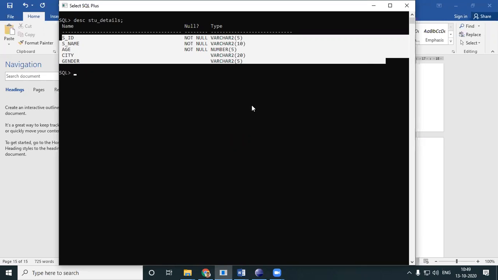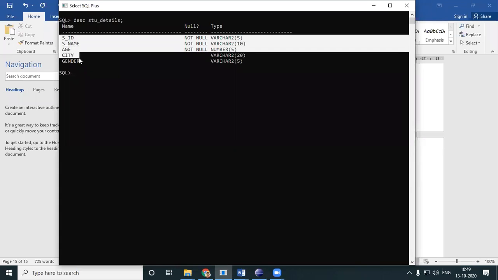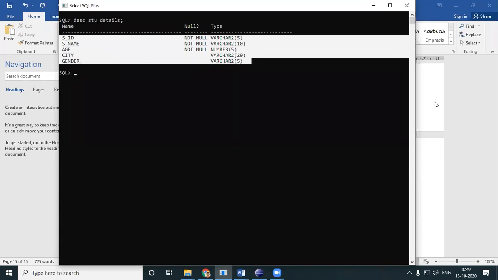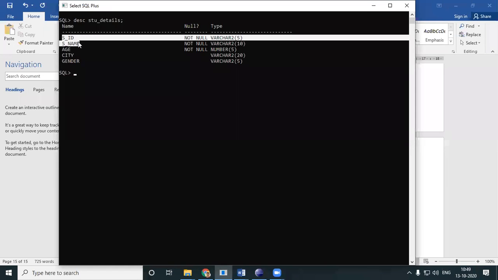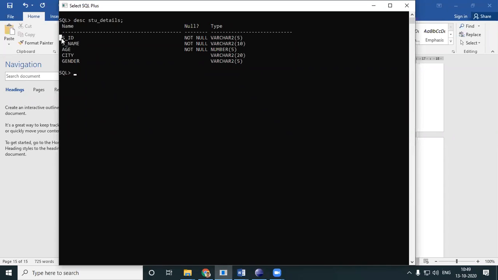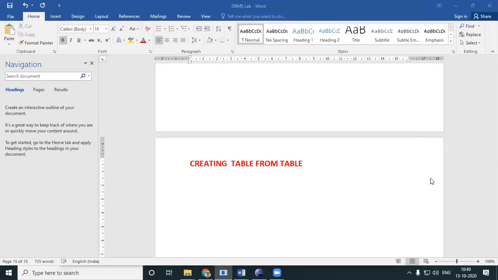But somehow I feel that I need a smaller table, a subset of this particular table. I need a smaller table which has only, let's say, SID and name, nothing else. Out of all these 5 details, I want only SID and SName. So let's try to create a table from the table.